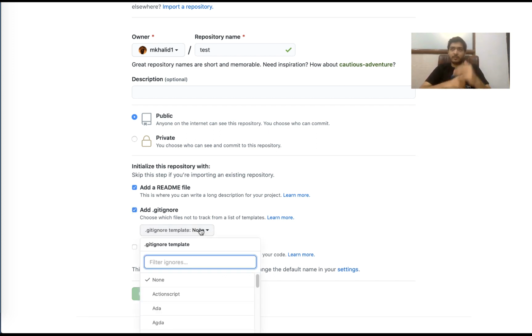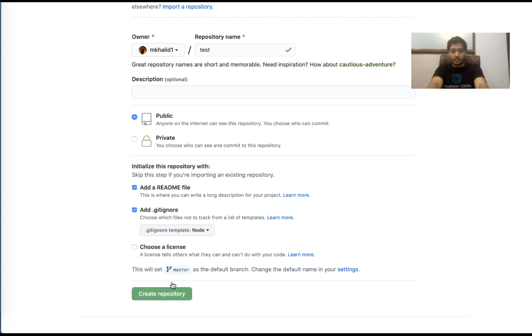So let me explain a use case of the .gitignore file. Let's say you're developing a web application using a Node stack and you're using a lot of node modules, but you do not really want to track them or upload them to your GitHub repository. So you can just select a template. This is the Node template. Add that, and it will not keep track of those node modules. You can also manually add items to this particular file, the .gitignore file. You just have to add the files which you do not want to track, and it skips those basically. So let's click on create.